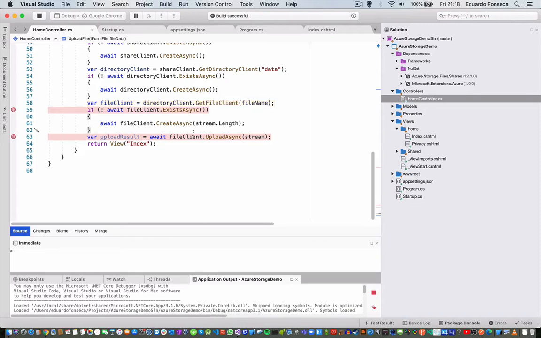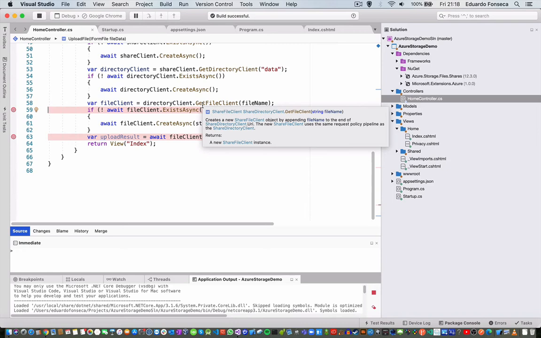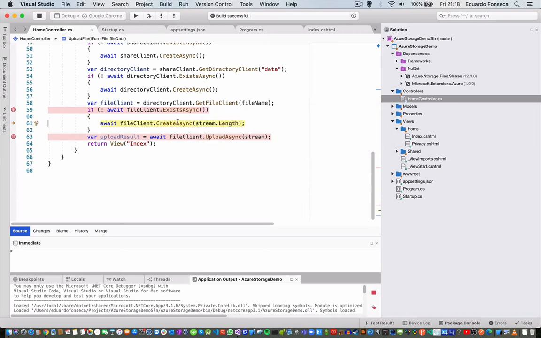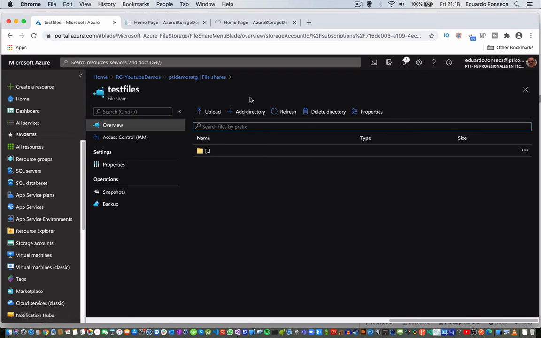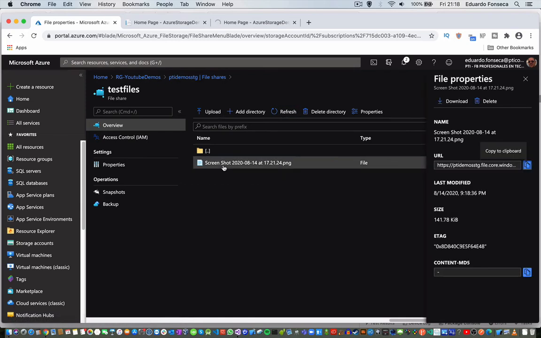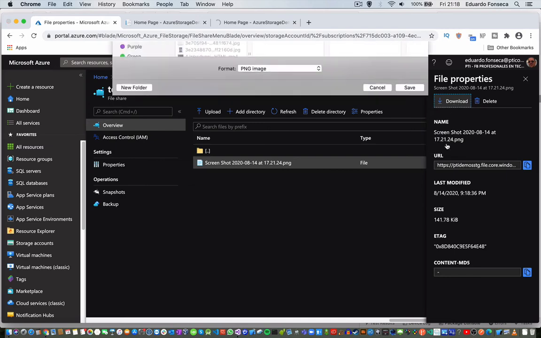We continue the logic. We get the file client. We are going to check if there is any file with the name of the image. There is no file which has that name that you are seeing right now. We actually create a file, and if we refresh, you will see that here we have the file already uploaded to Azure file storage. And now if I download this,